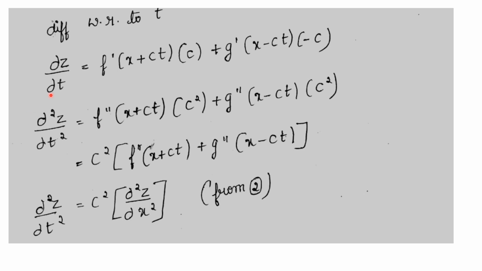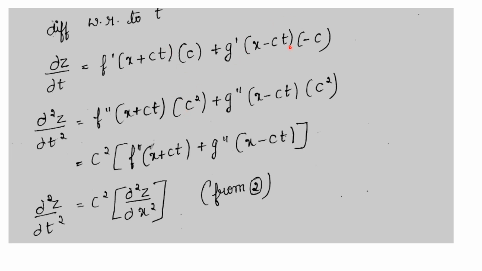So differentiation of dou z by dou t is dou square z by dou t square. Differentiation of f dash of x plus ct is f double dash of x plus ct into differentiation of x plus ct, which is 0 plus c into 1, that is c. So c into c will be equal to c square. In the previous step you already have c, so you are differentiating the same step now. So f dash will be f double dash, but differentiation of x plus ct will be 0 plus c. So c into c will be c square.